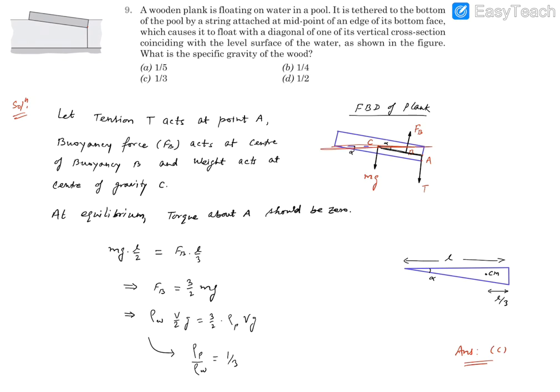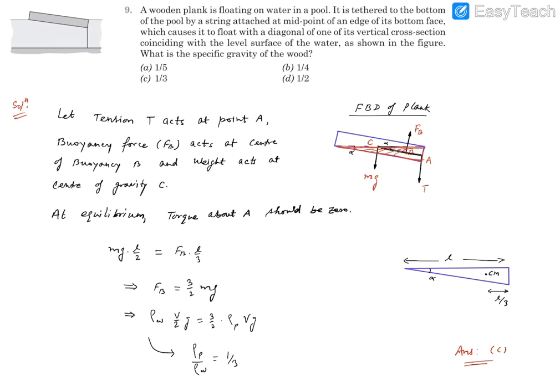Now this dotted line is the level of water. It is horizontal. It is one of the diagonals, the diagonal of the vertical cross section. C must lie on this diagonal because C is the center point and a diagonal passes through the center. B is the center of buoyancy, which means it is the center of mass of this portion, because water is displaced only by this portion. Because it is uniform, the water will be displaced uniformly, so the center of buoyancy is at this point. So it has to be the center of this triangular wedge,